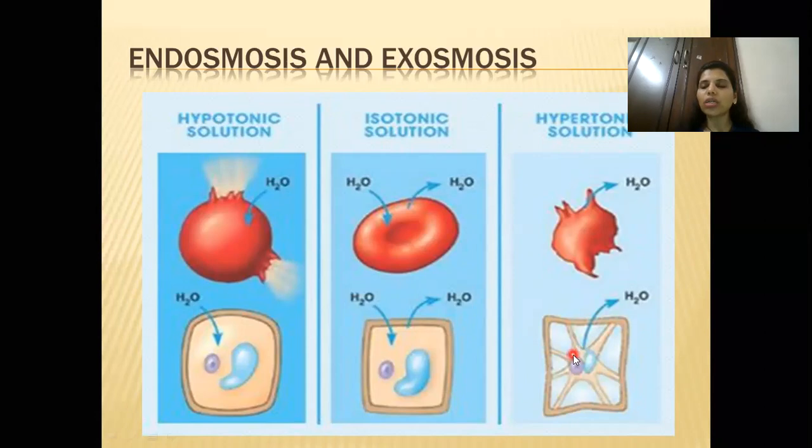The concentration of water inside the cell was more compared to the water outside, because this is a highly concentrated salt solution and there is no salt inside the cell. So water is more inside, and it moves outside, from the higher concentration area to the lower concentration area, through the semi-permeable membrane, that is the cell membrane. This particular process is known as exoosmosis because it is moving outside the cell.